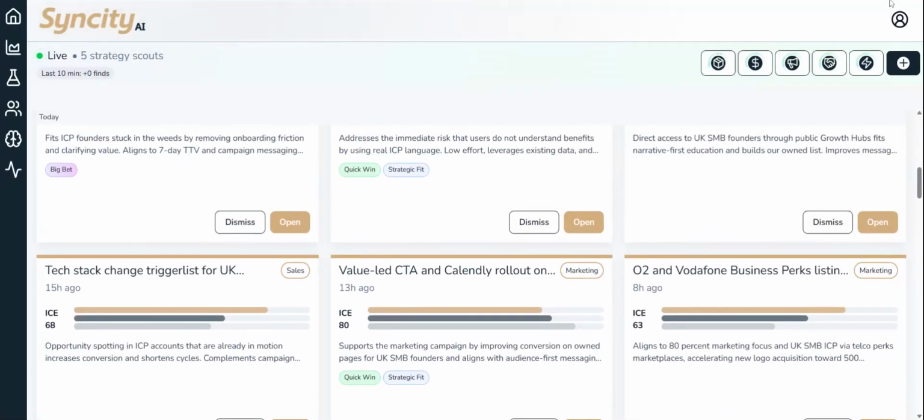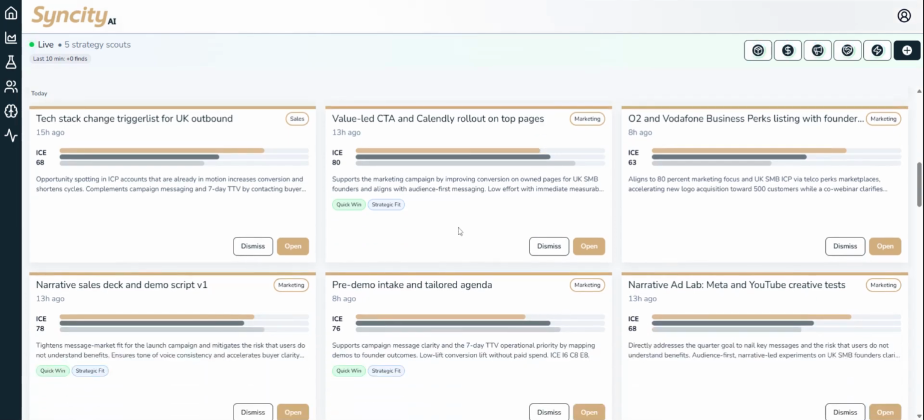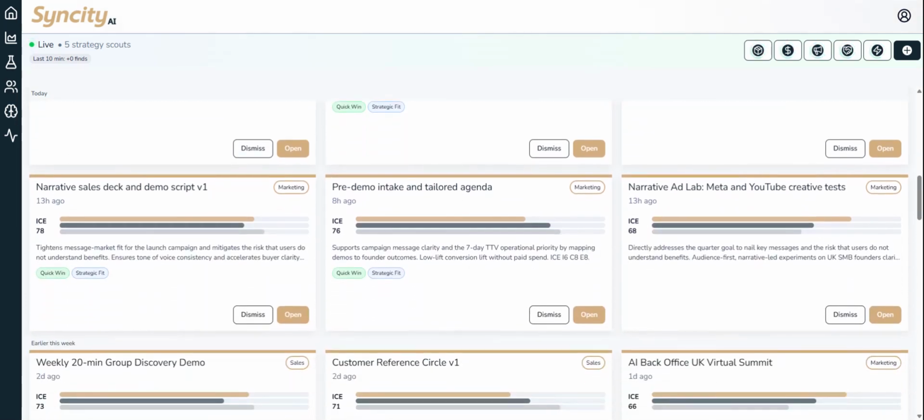So let me just make that a little bit smaller again. As you go through, each of these is like a full plan, an opportunity that you can look into. Obviously, you don't want these running all day, every day, because you'd get overwhelmed quite quickly, so be selective in what you're looking for.